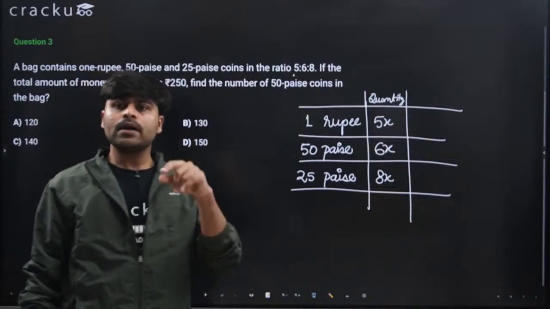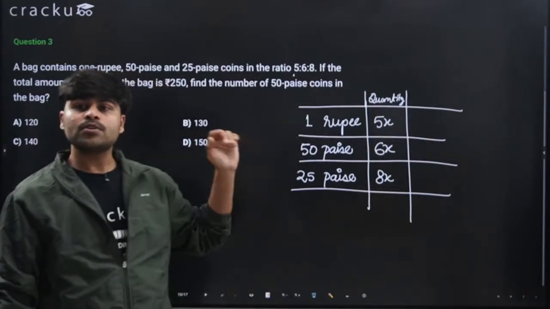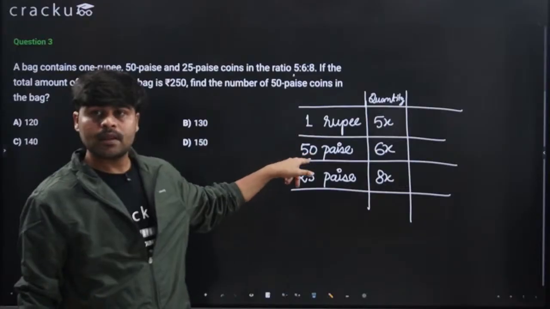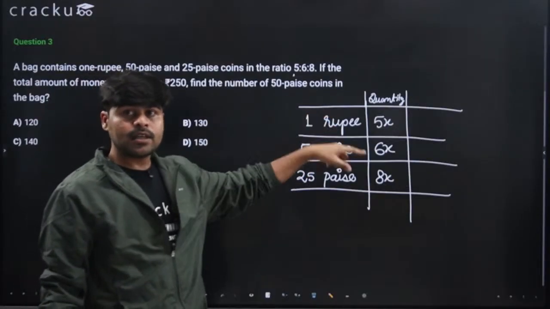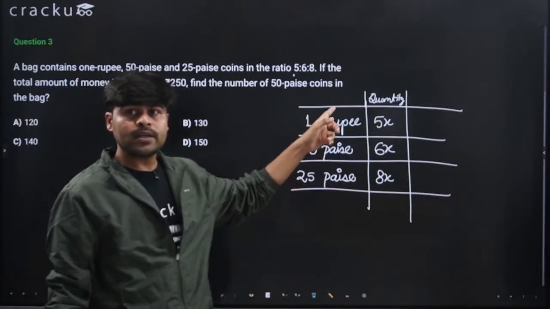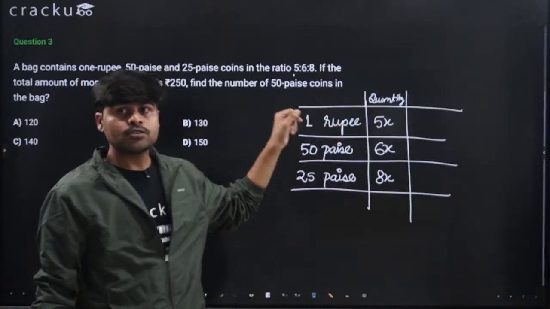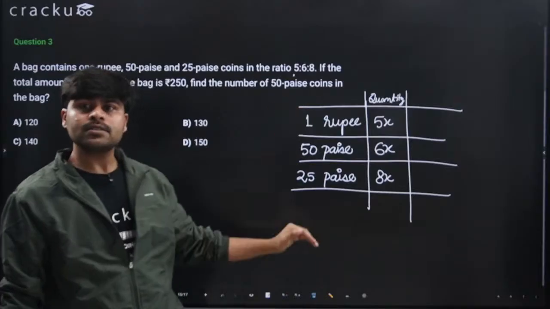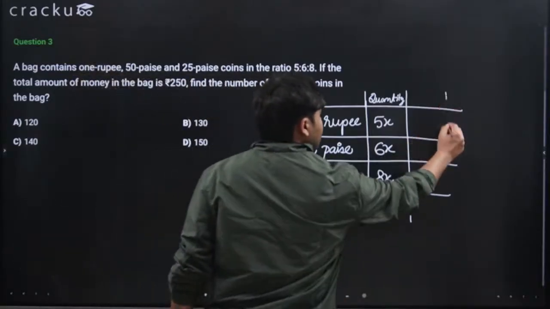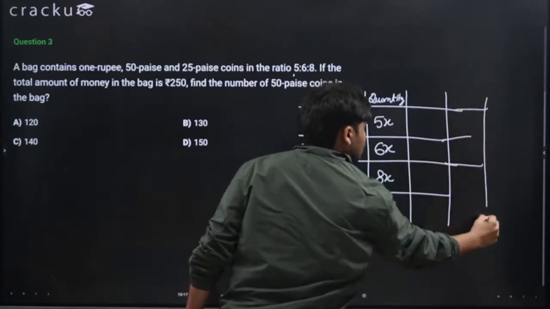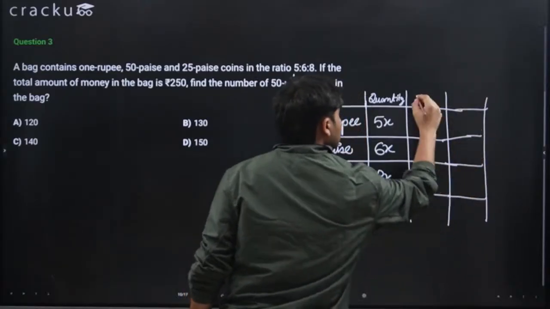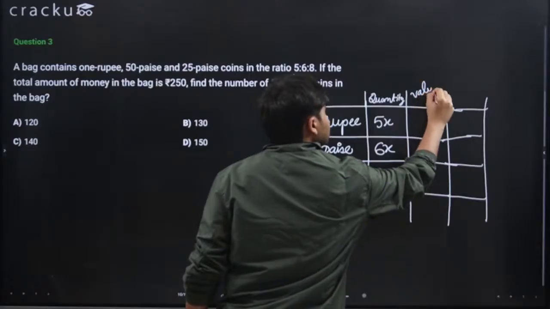We also know the value of each one in terms of rupees. Now these are paise and these are rupees. That's different units. The unit here is paisa, the unit in this one is rupees. So we'll have to make the units the same. So let's write in terms of rupees here. So the value in terms of rupees.